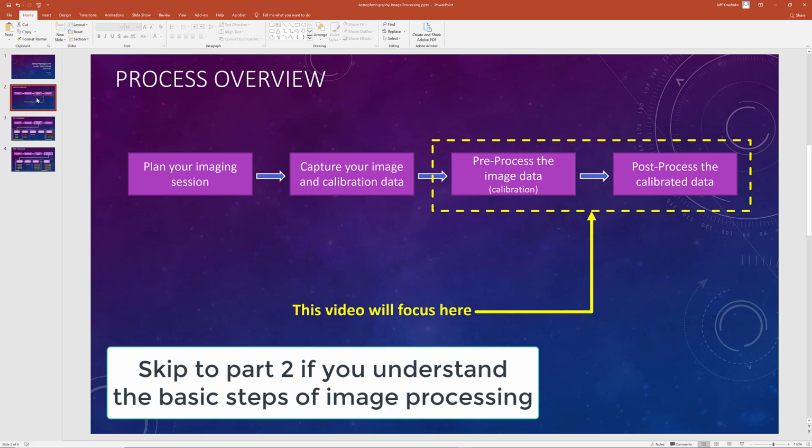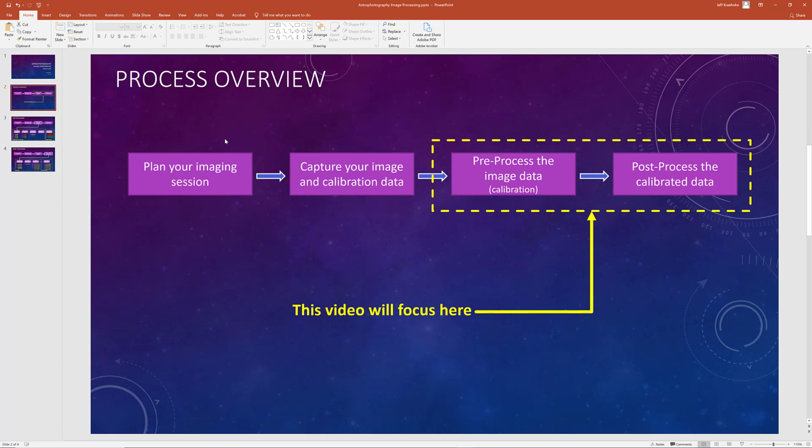This is not unique to me. This is a typical process. Astrophotography in general has many steps, some of which you'll see listed here. Of course, you've got to plan your session, then go out and capture your data and your calibration data, and then process that data. And processing the data is often broken down into two parts: pre-processing, which is where you're